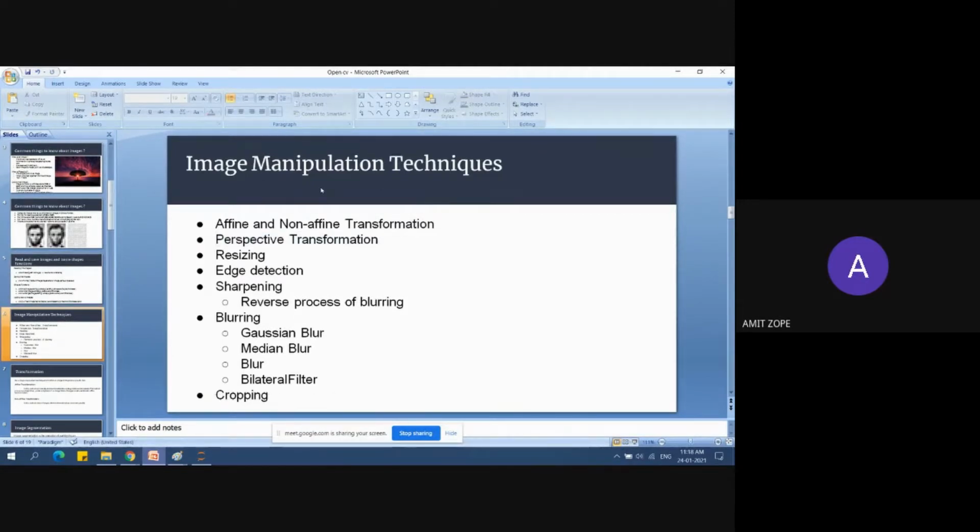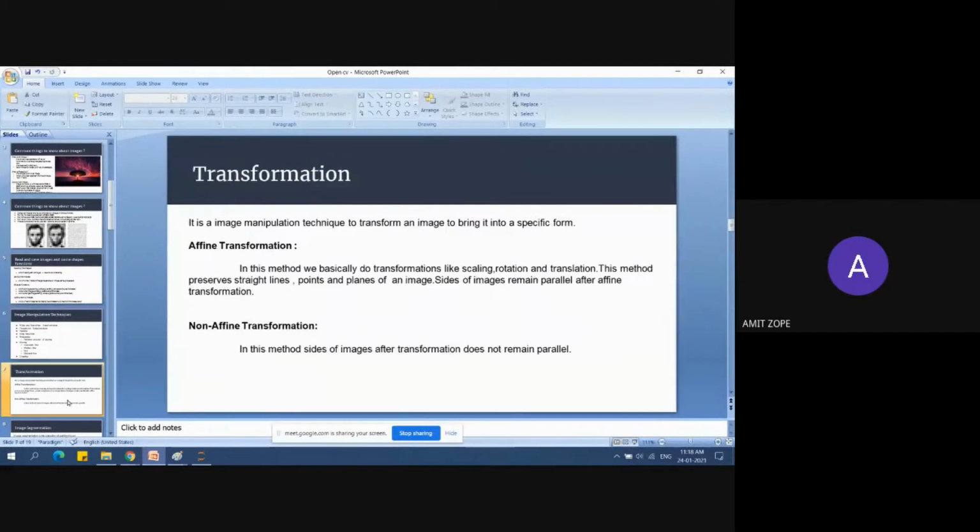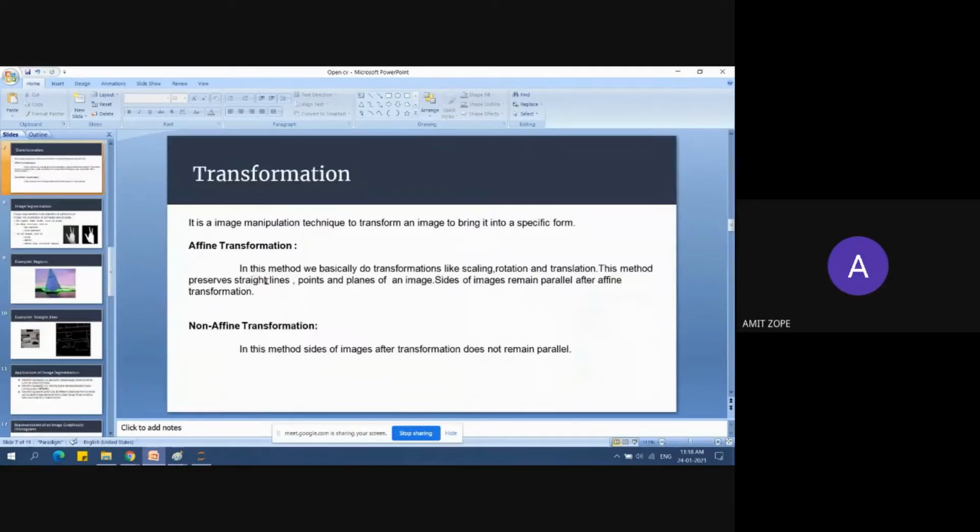If you scan an image, it will detect the edges of that image and transform it to the format that you want. Camera angles are different, and you can make it parallel so that you are able to use that document and scan that document. So this was all about the affine and non-affine transformation.